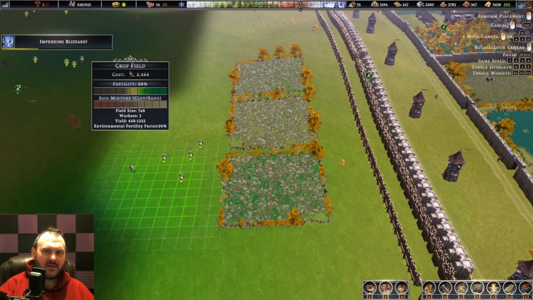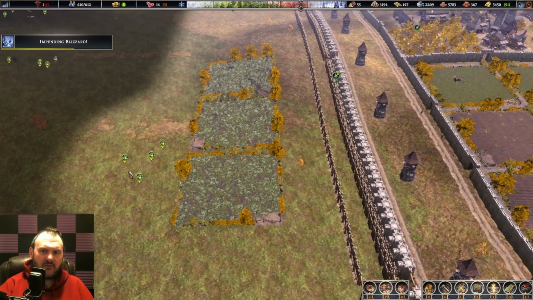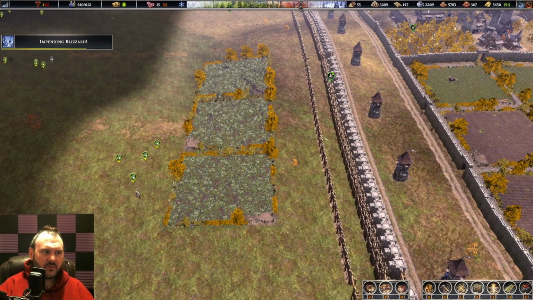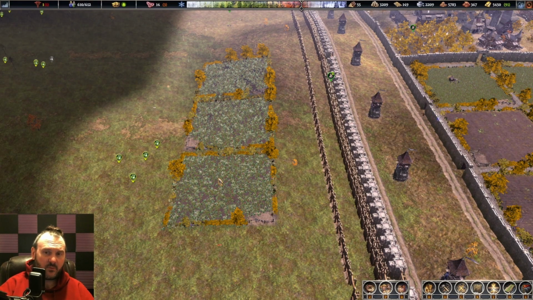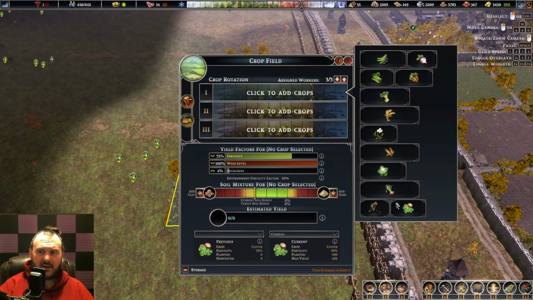My preference is an 8x8 with 3 workers, roughly 21 tiles per worker. We have a 3-year crop rotation. To go with that 3-year crop rotation, I would recommend doing 3 farms, as we want to produce the same crop every year. Now, jumping into the crop rotations themselves, we have our next update in the game,